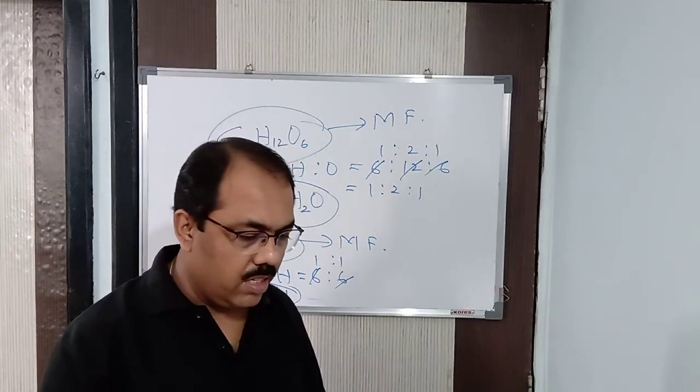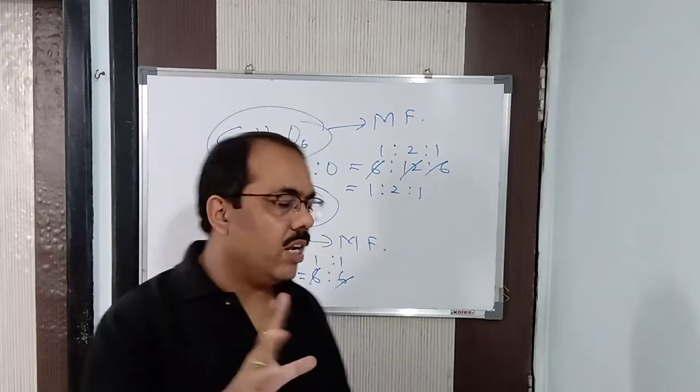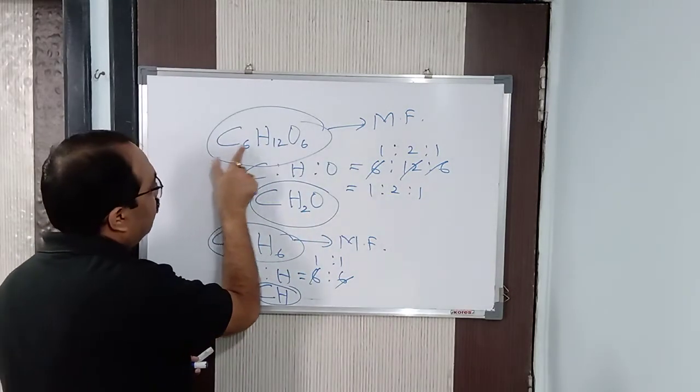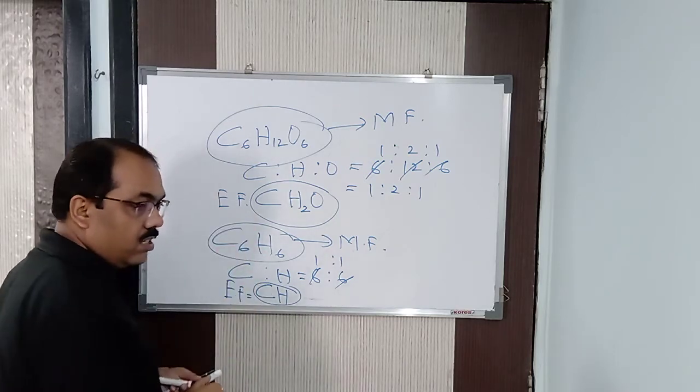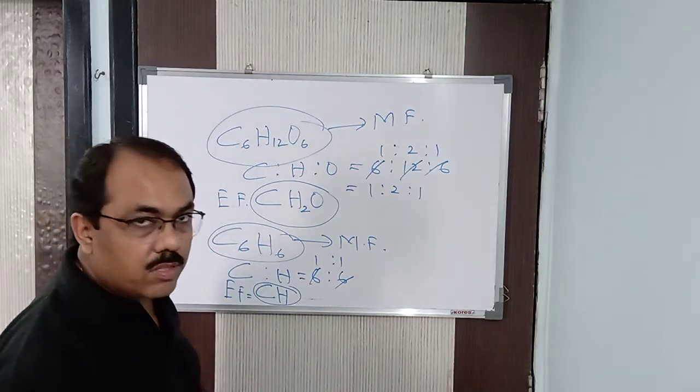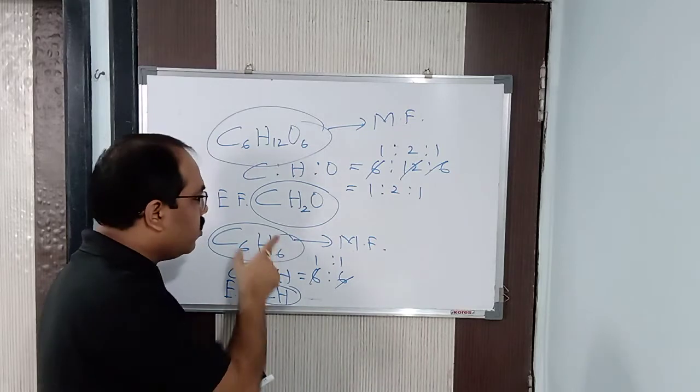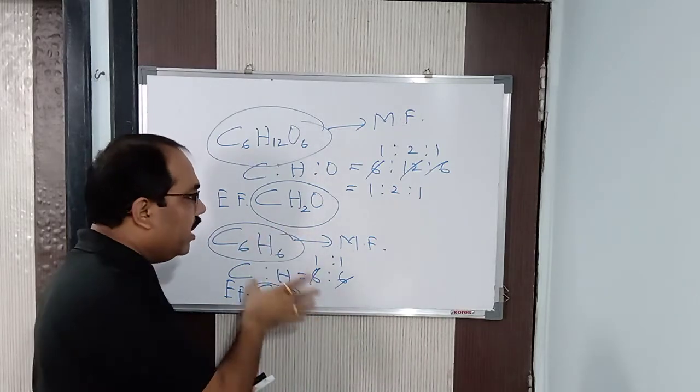That you need to understand. It is the actual formula. How many actual atoms? Yes, glucose contains 6 carbon, 12 hydrogen, 6 oxygen. Benzene contains 6 carbon and 6 hydrogen. So this is the actual number of atoms. But here, are we getting the actual number of atoms? No, we get simply the ratio. And we cannot identify the compound either.